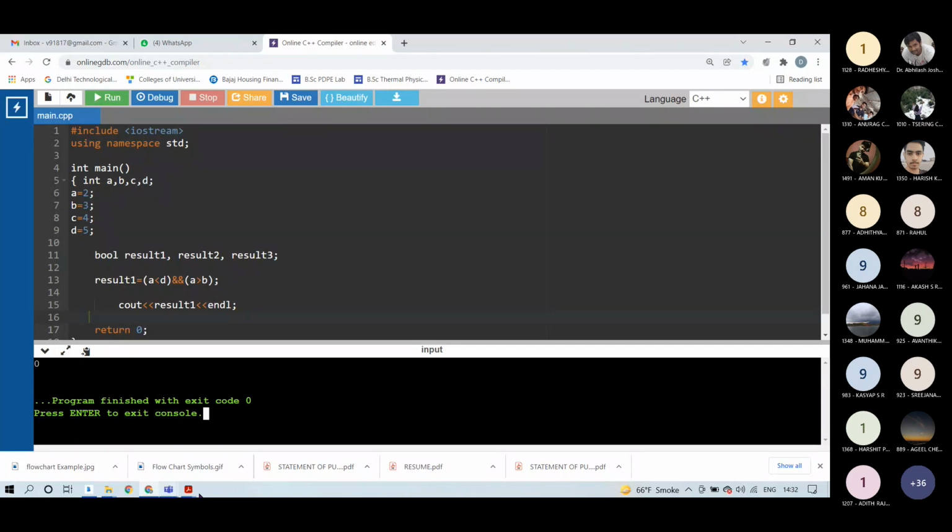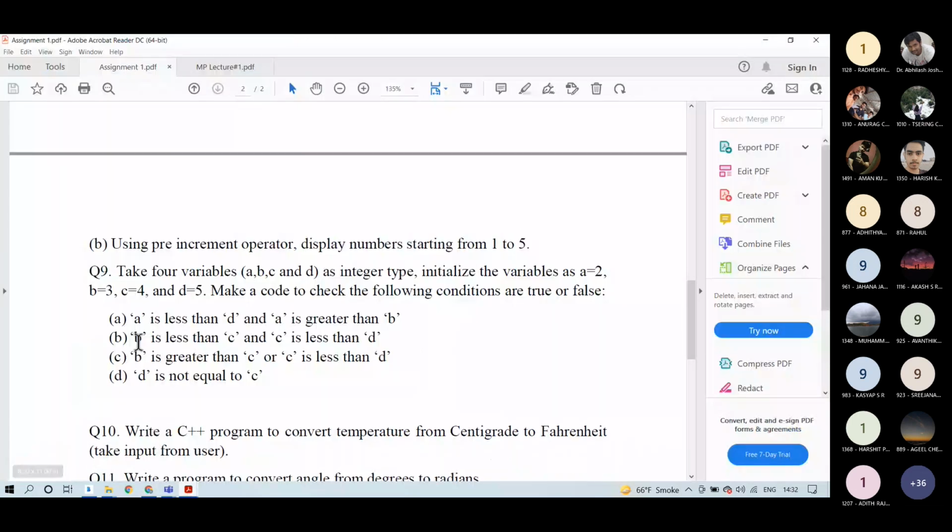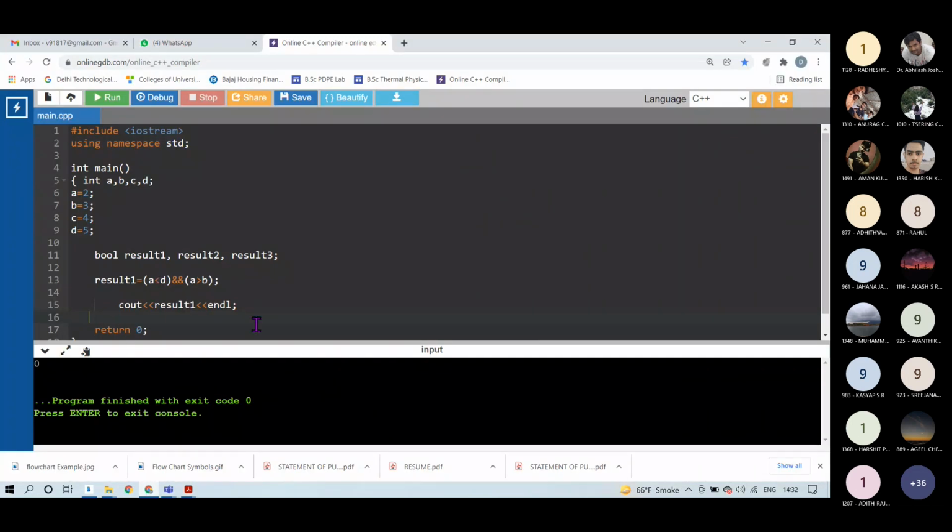Similarly, for the second part of this question, you can make result 2 equal to the first condition B less than C and the second condition C less than D, and take the output of the variable result 2.